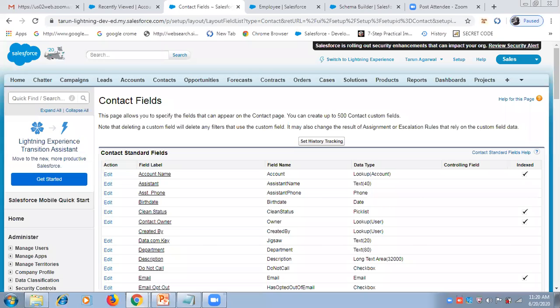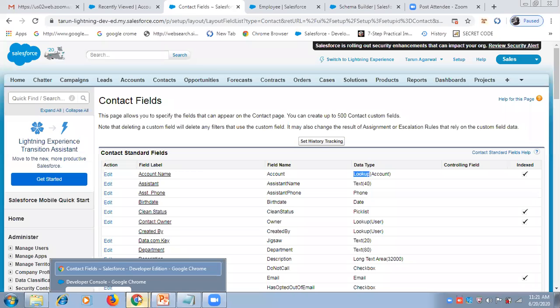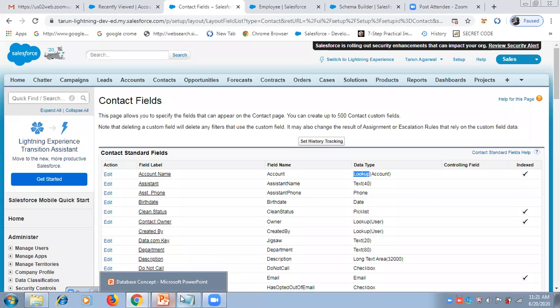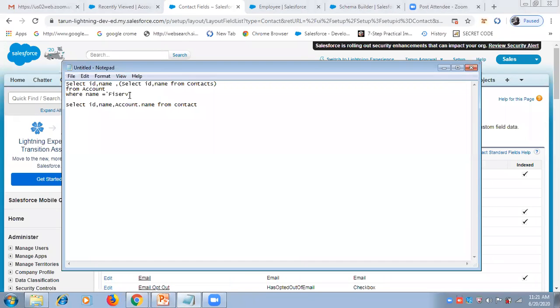Because in Salesforce for relationships we use lookup and master detail relationships, so in these types of relationships we don't need to write joins. As you can see, account and contact have a lookup relationship with each other, where in contact we have a field account name. So I will write a query to get related object data here.